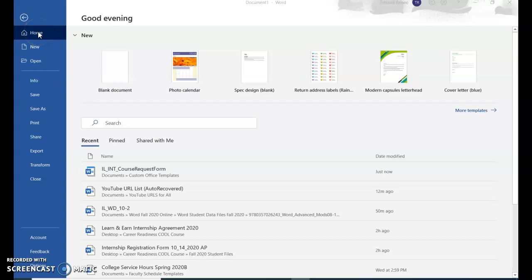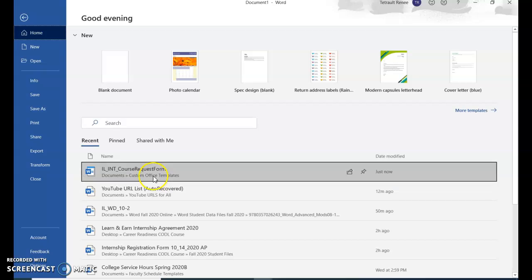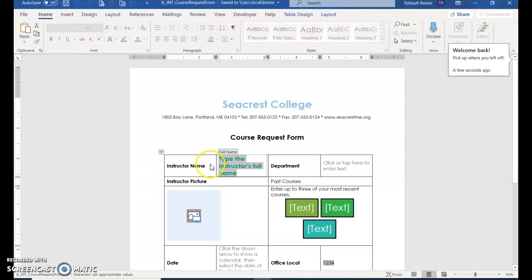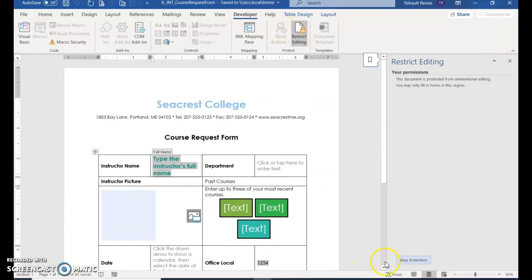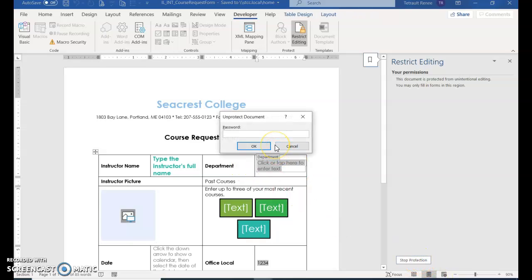So after you save and close, you'll go ahead and File, Open, and you'll open the template. And then make sure you select the Developer tab, Restrict Editing, and we'll stop the protection, because right now if we wanted to change anything, we can't because it's protected. You can't change anything. So you have to stop the protection, type in the password skills,